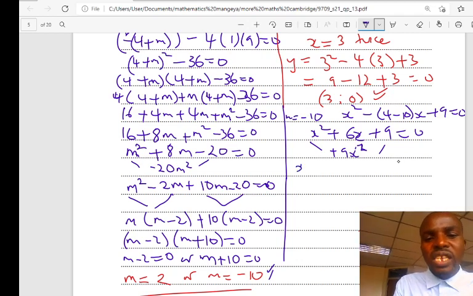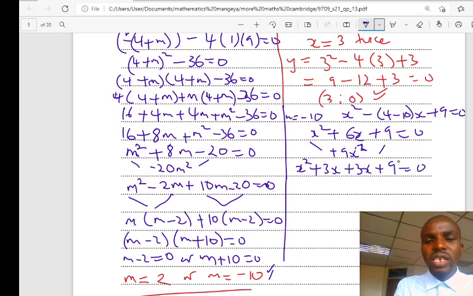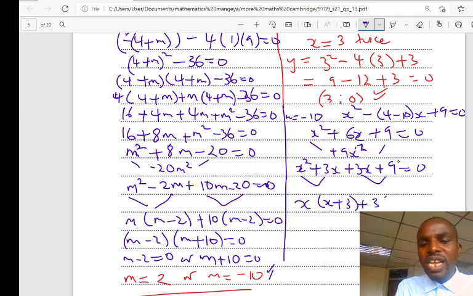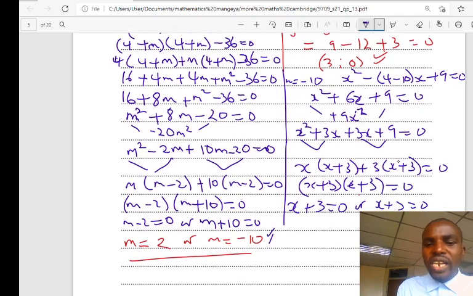So let's use those factors. It is x squared plus 3x plus 3x plus 9 is equal to 0. Then factorize this one, this one, this one, this one. It will be x here, x plus 3 here, plus 3 here, x plus 3 is equal to 0. Then x plus 3 inside the bracket, or x plus 3 outside the bracket is equal to 0. Either x plus 3 is equal to 0 or x plus 3 is equal to 0. From these two, you can conclude that x is equal to 0 minus 3. X is equal to minus 3 twice.